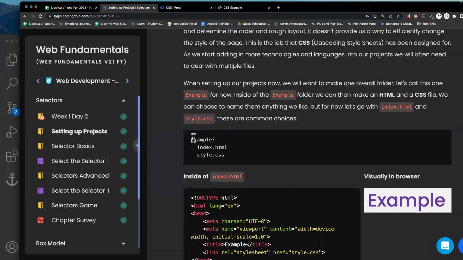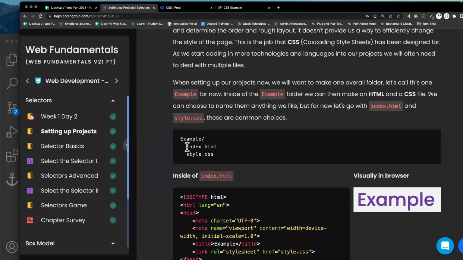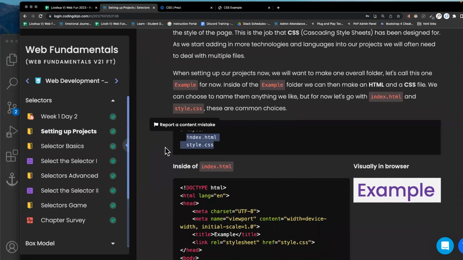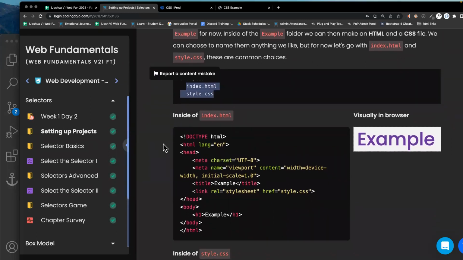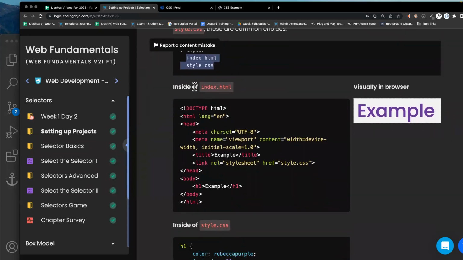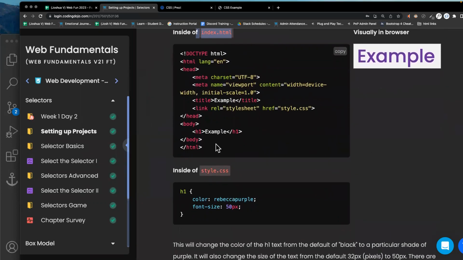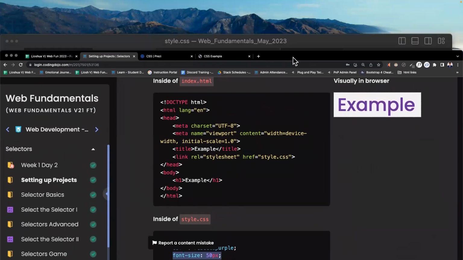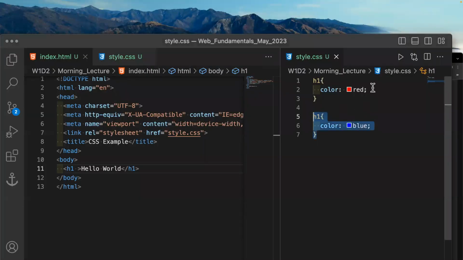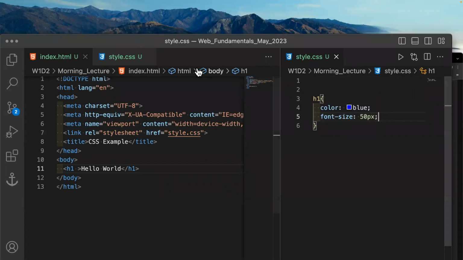Let's continue. So we have our folder with our index.html and our style.css in it. All right, so index.html, here it is. Style.css, we've affected color. Now we can change font size as well. So let's see this rule in application. Let's stick with one rule of H1, and then we'll also change the size of the font to be 50